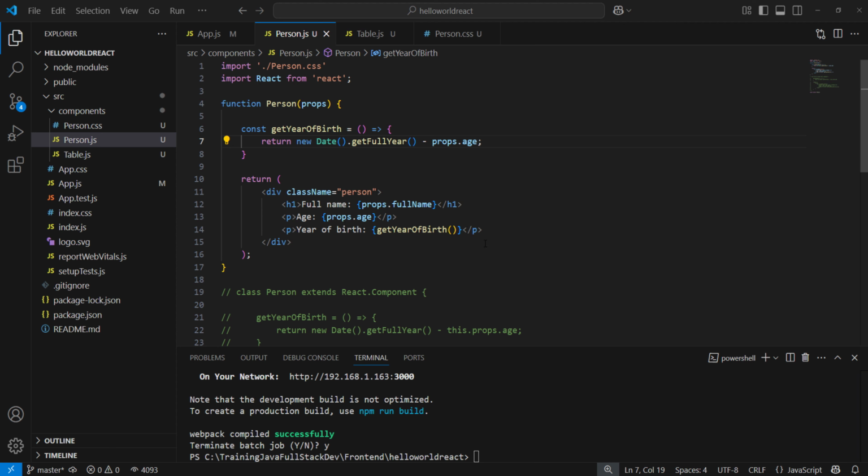Hello, welcome back. In this video, we will learn more about the props. Props stand for properties. You can see here, we have created an example that uses props. A prop is a parameter, or attribute, that we use